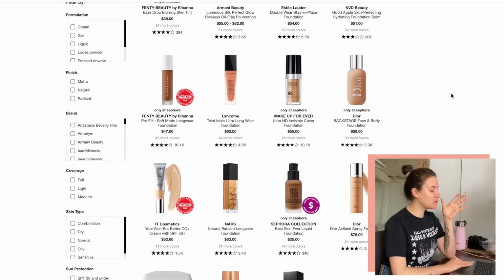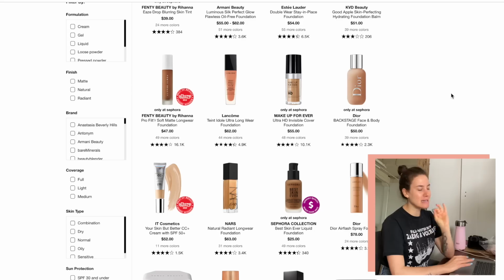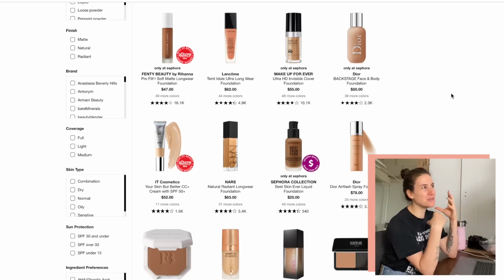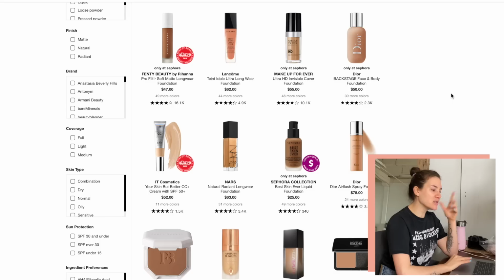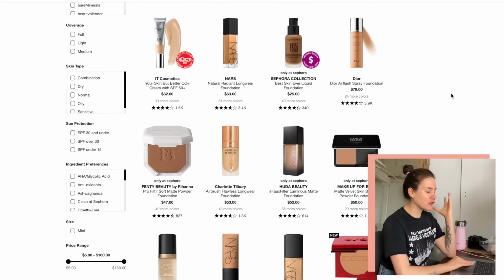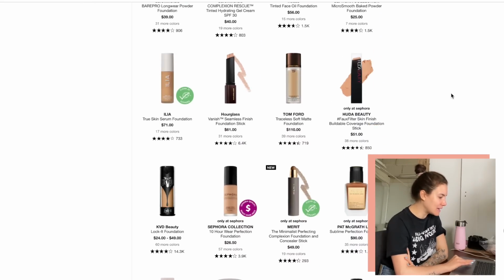So I would love to get Julia a foundation that is about a medium coverage and gives a really nice natural finish. I feel like that's the safest way to go because I don't wanna get her something too dewy because I don't want her to not be able to wear it since she is on the more combo side. But I also don't wanna get her something too matte either because I do know that she doesn't really like a fully matte finish. So I think a foundation that actually would be really up her alley is the Bobbi